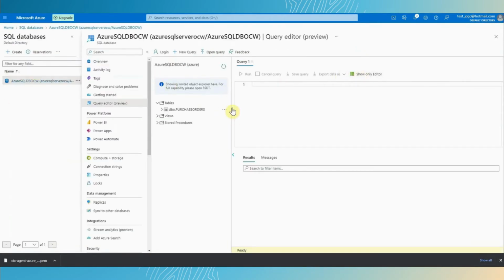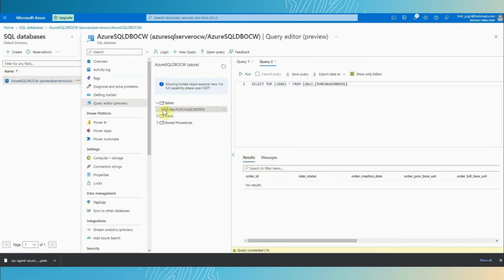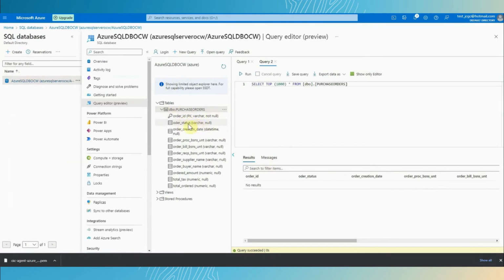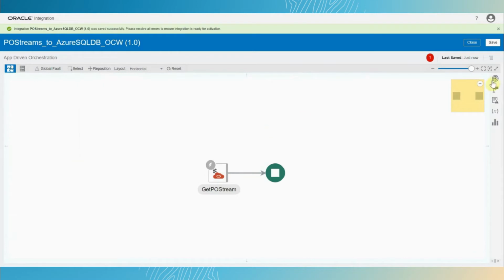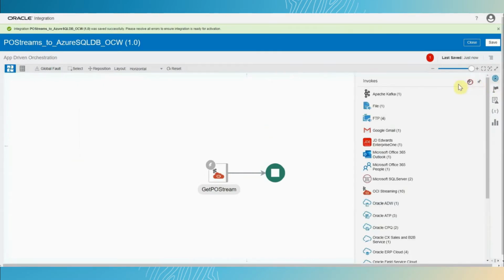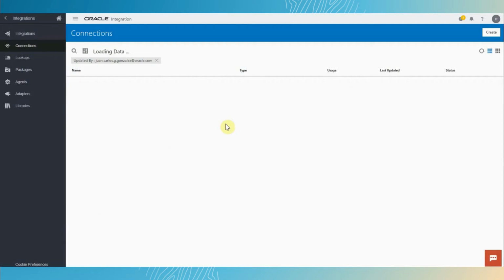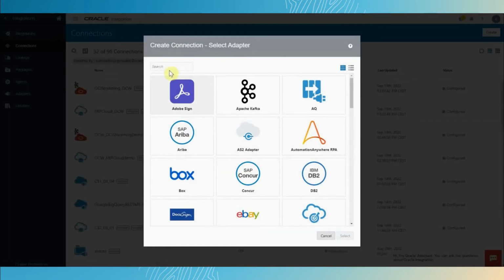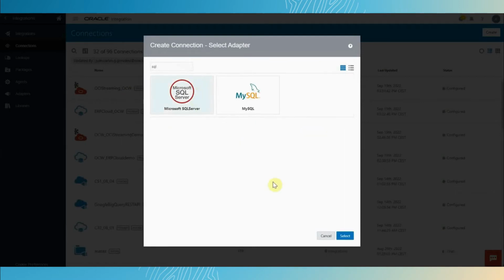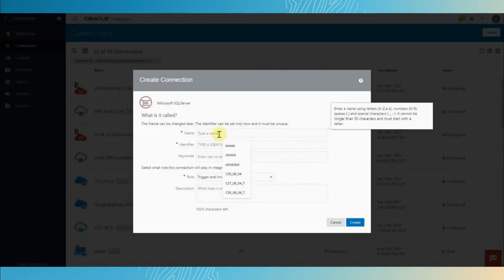So it's here, and this is the one that I have here. Okay, so I have defined a purchase order with the ID, the status, all the fields that I defined before. So I will create the connection to Azure SQL database. I will use the SQL Server database, which not only works for Azure, it also works for on-prem Microsoft SQL Server databases as well. So I will call it Azure SQL database,